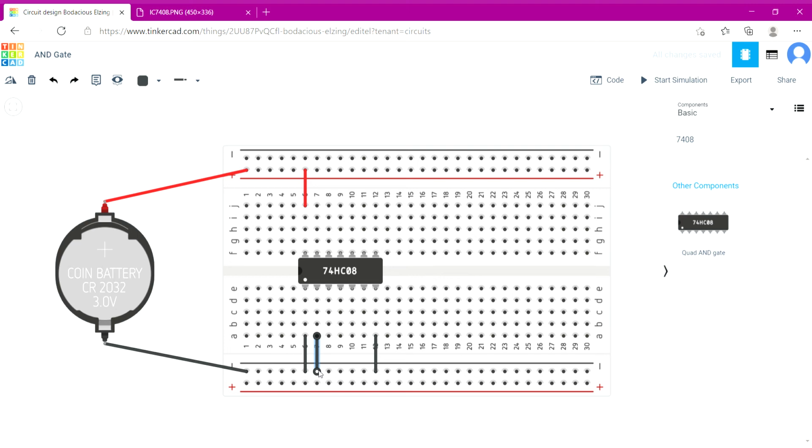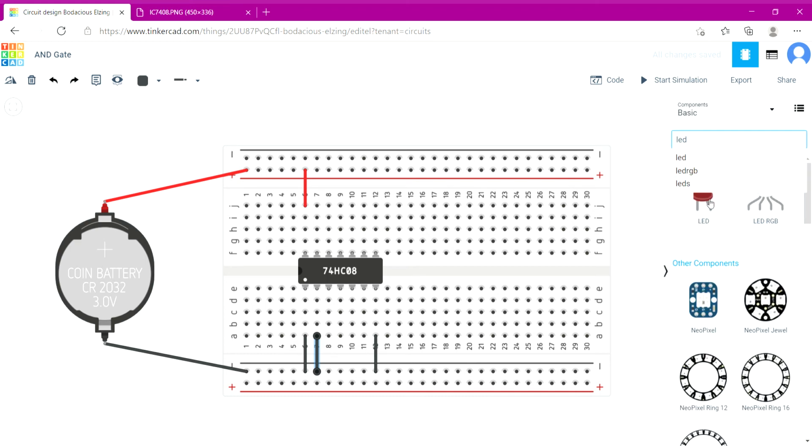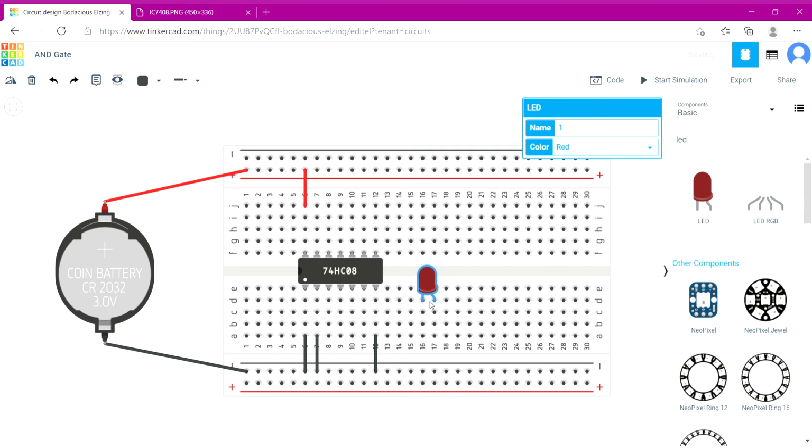Let us use a LED to check the output that we will get from pin 3. The cathode of LED will also get grounded and anode of LED will be connected to the output pin 3.